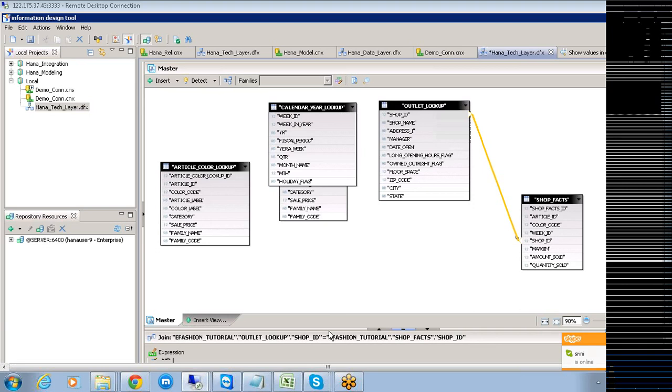Yes, sir. Okay. So like that, we need to start establishing the relationship between all these tables, and make sure that no table is left independent or isolated. Once we do that, we check the integrity and consistency of this data foundation layer. Once you find it consistent, we start converting this data foundation layer into the business layer.